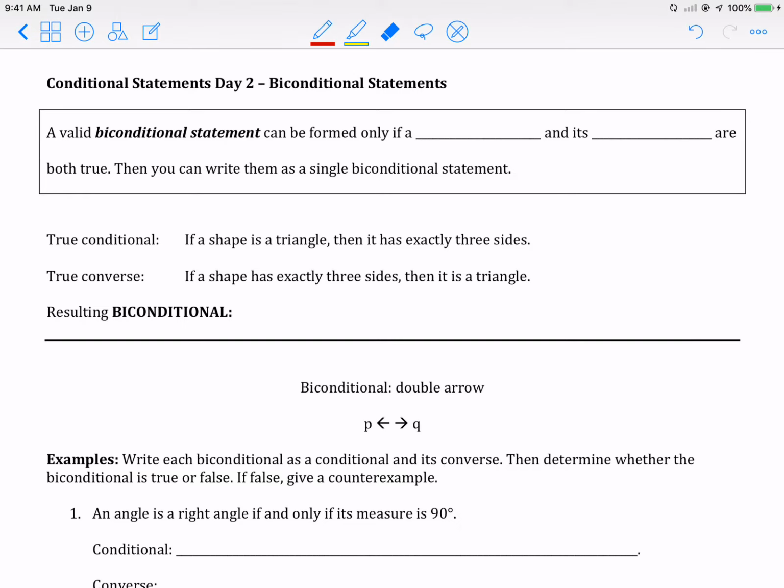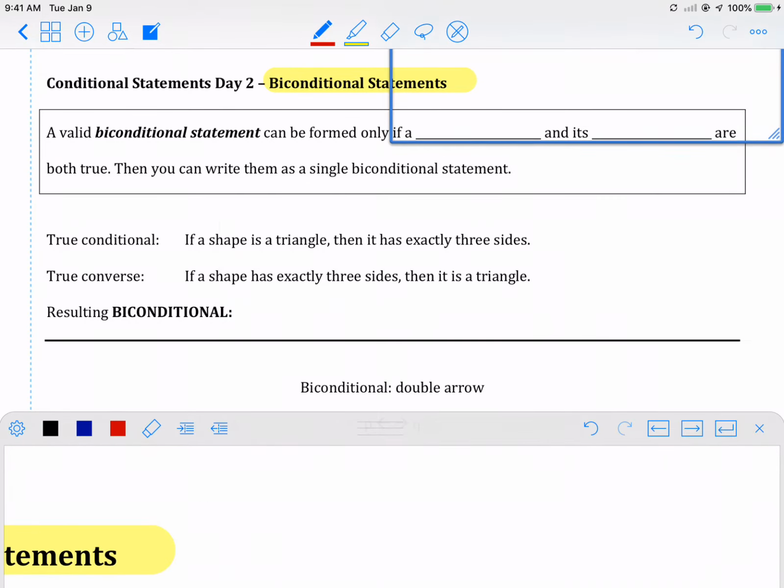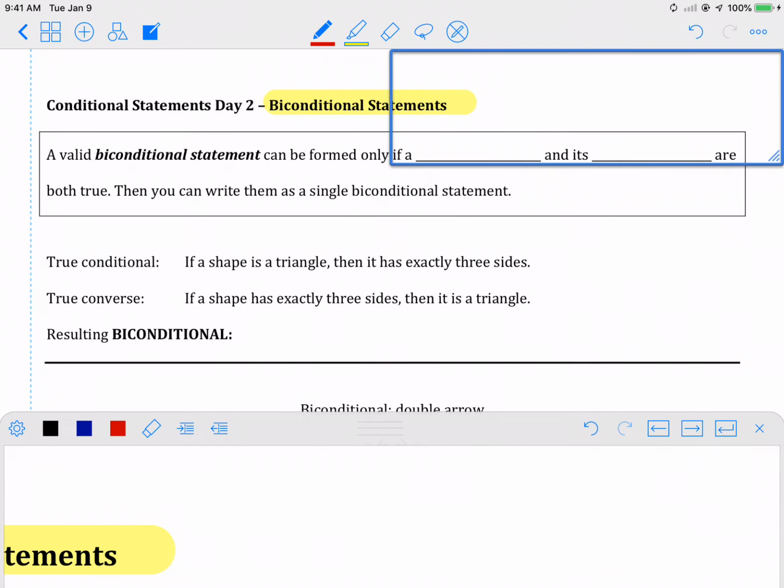Today, we are going to be discussing biconditional statements. So, it goes back to what we talked about on Friday when we started talking about our conditional statements, and then we had five kind of what happened outside of that. So, we had our original conditional statement, okay, and then from that, we could create our converse,